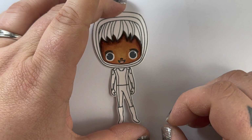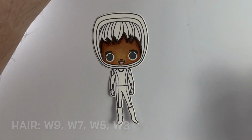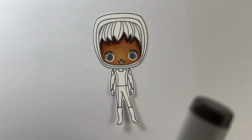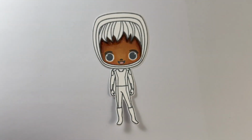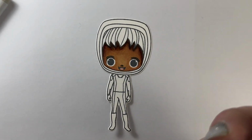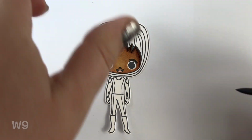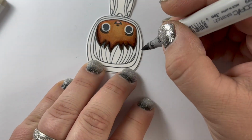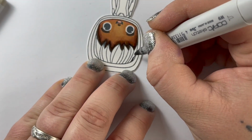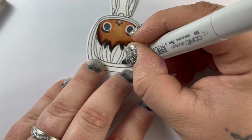So once we have his skin tone done, we're gonna move on to his hair. In his hair, we're using W9, W7, W5, and W3, which are our warm grays. So that's 9, 7, 5, and 3. So I'm gonna start with the 9, which is our warm gray number 9 right there. And I'm just going to flick away from myself